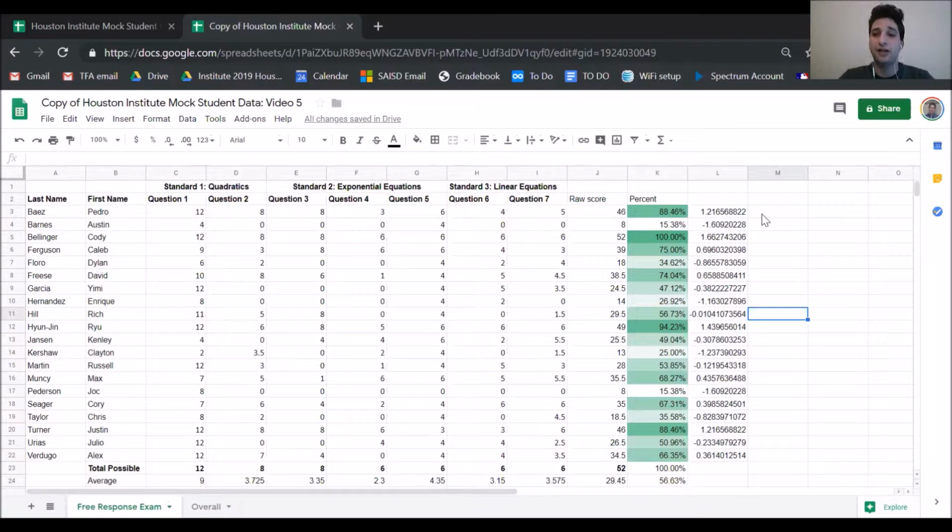So what we're going to do here is in the M column, I'm going to type equals, and I'm going to put that mean score that I want to reward them, which is an 80%. So I'm going to put 0.8, plus, and then we're going to get their number of standard deviations above or below the mean. So for Pedro Baez, that was 1.22 standard deviations above the mean. So 0.8 plus that